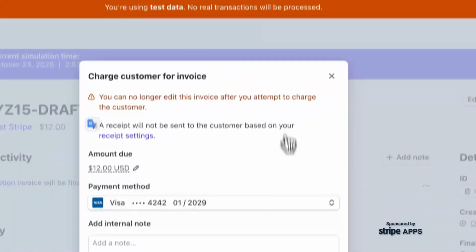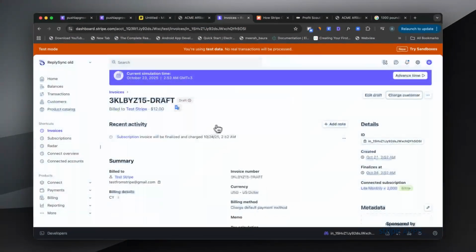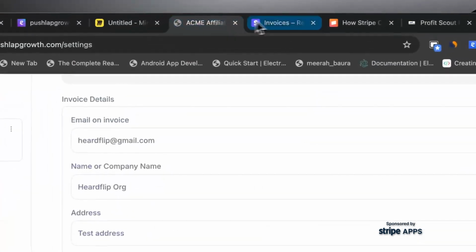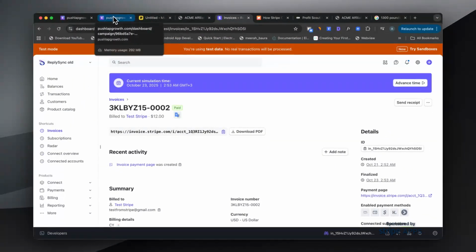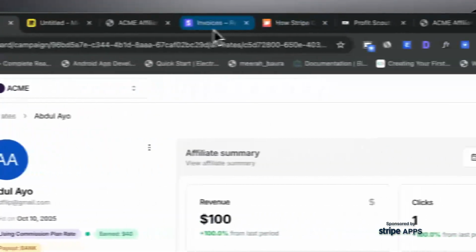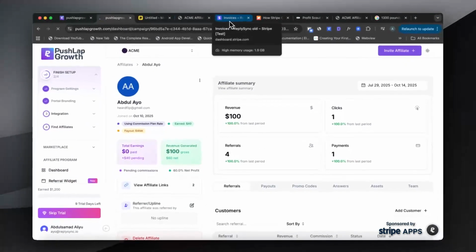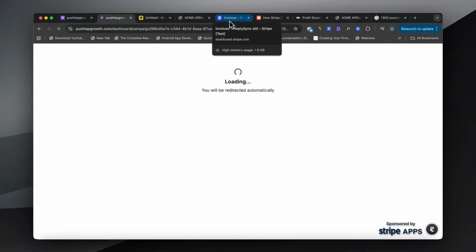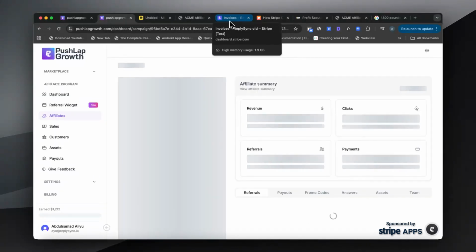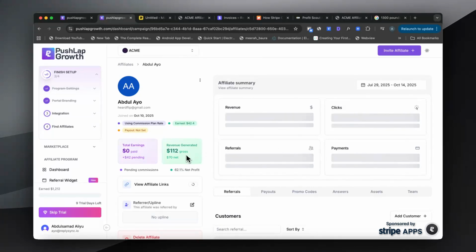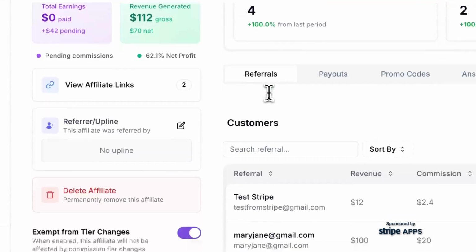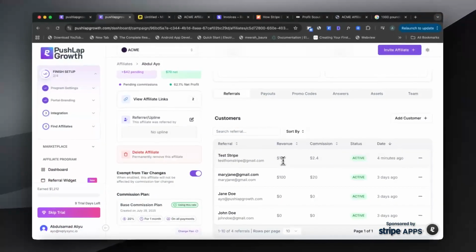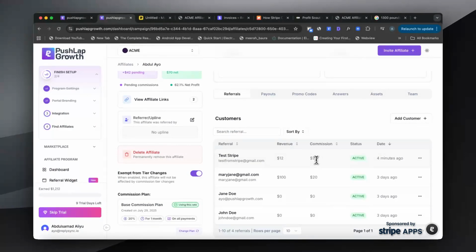And then, so it seems like the payment was not automatically taken from the customer. So since that is now paid, this is basically simulating a customer paying for their subscription after the 7-day trial was over. It should still take a while to process it on our backend, but let's just refresh. And it has been processed. So $12 has been paid and $12 has been added to the PushLab Growth dashboard, and the commissions have been